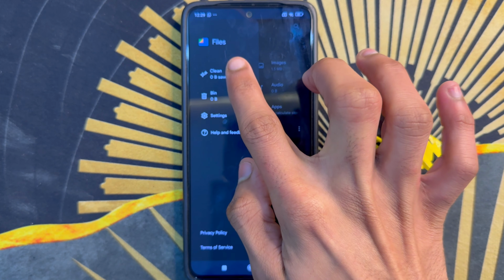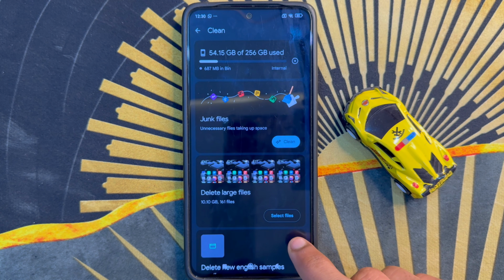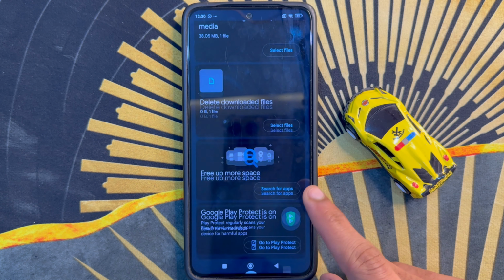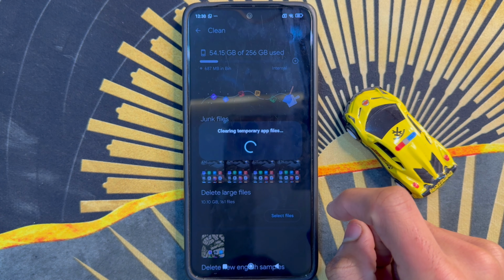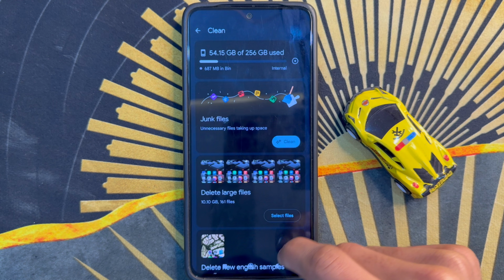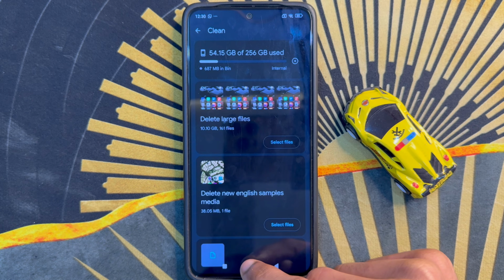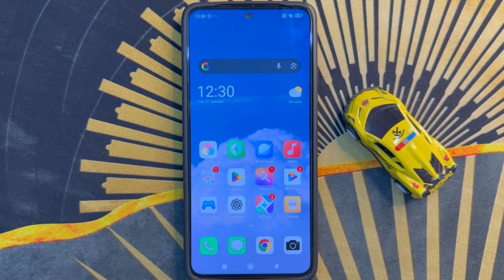And click on Clean. After clicking on Clean, click on Clean. After the process, you will go back to the home screen. So that's how you can clean storage on